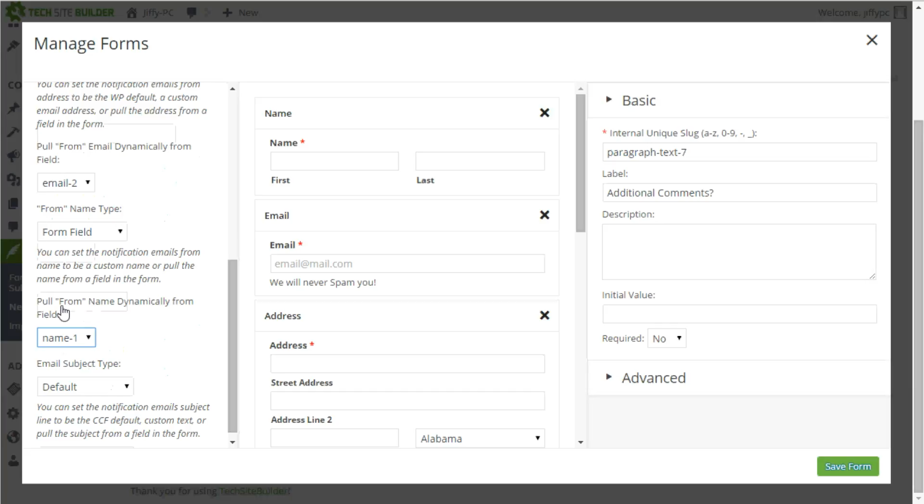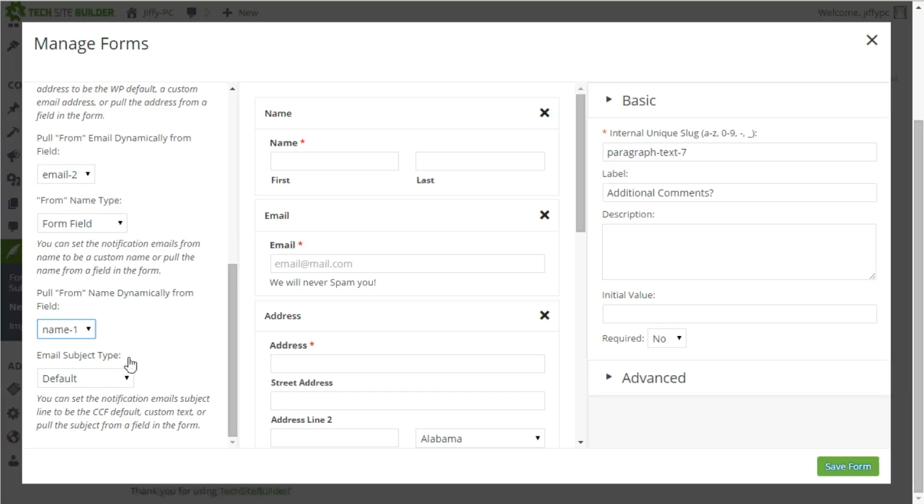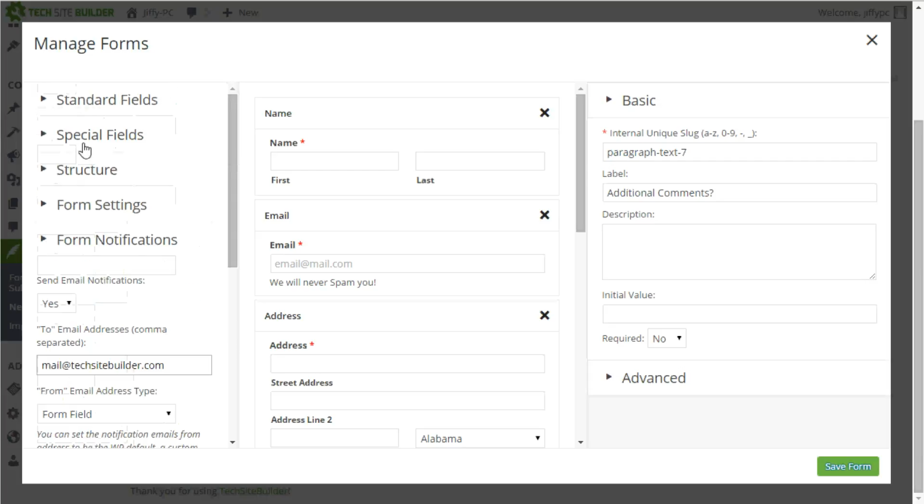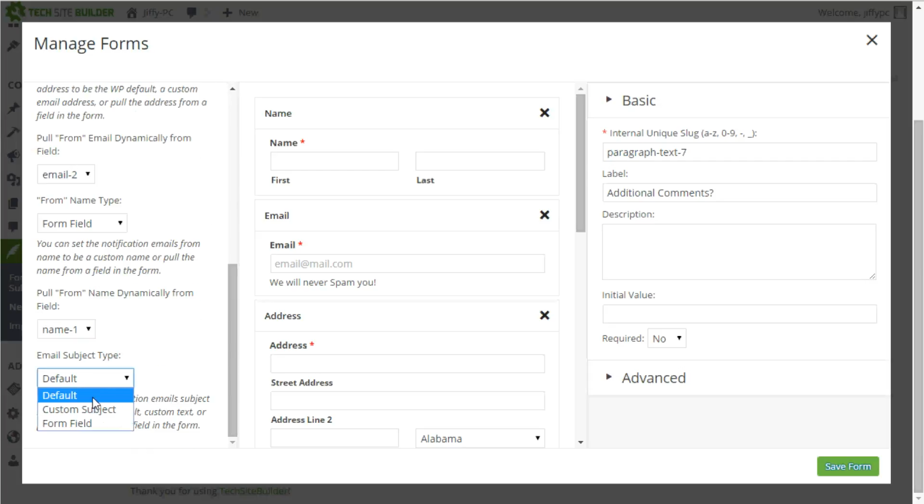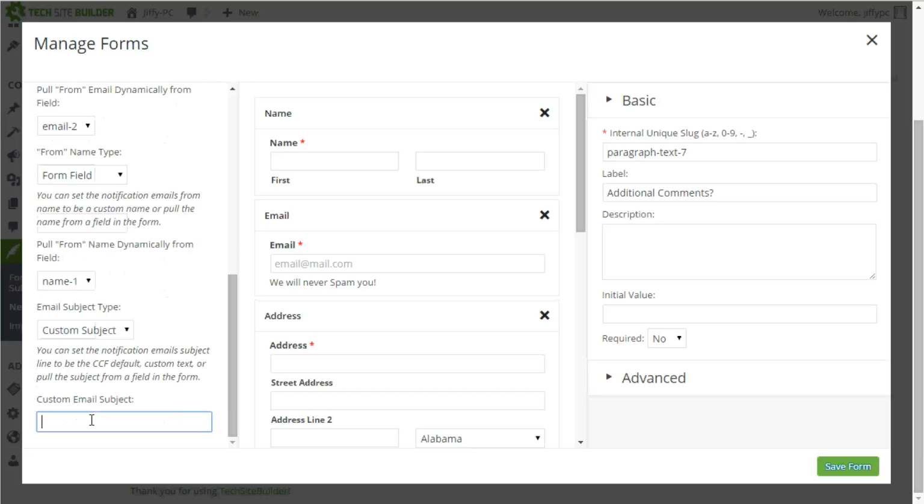Okay, underneath that, we can choose the email subject. So do we want the subject to be default, in which case it's going to, I believe, pull the title of the form. So whatever you titled the form up in the form settings, it's going to use that title. Otherwise, you can create your own custom subject or use a form field as the subject. In this case, I'm just going to have a custom subject, and it's going to say something like new client